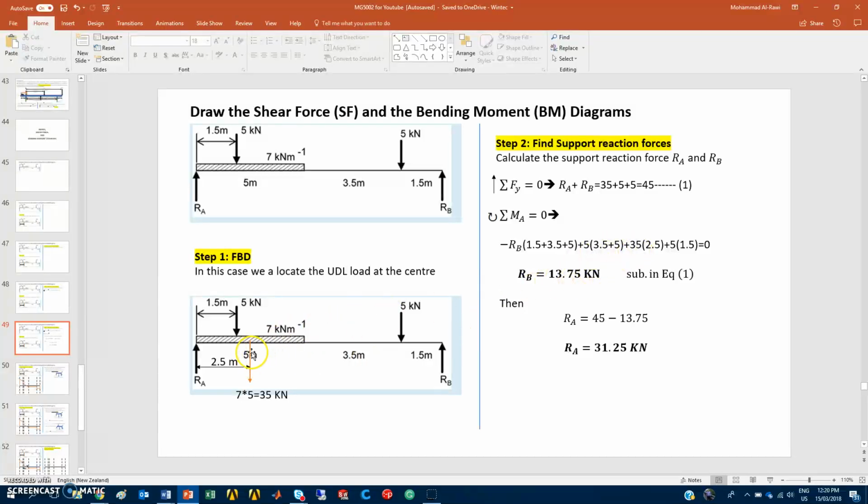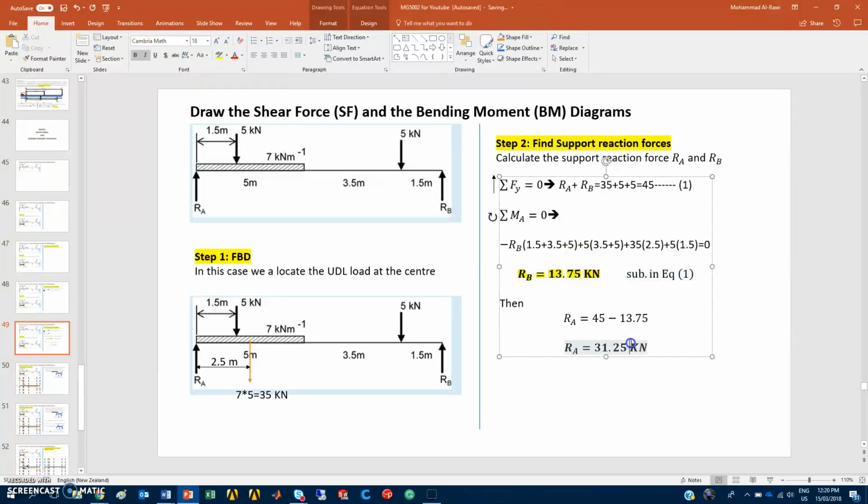Plus the weight of the UDL, 7 kilonewtons per meter times the 5 meters length, which acts here, times the distance 2.5. Plus, again rotating clockwise, 5 kilonewtons times the distance 1.5. After rearranging, this solves to RB equal to 13.75